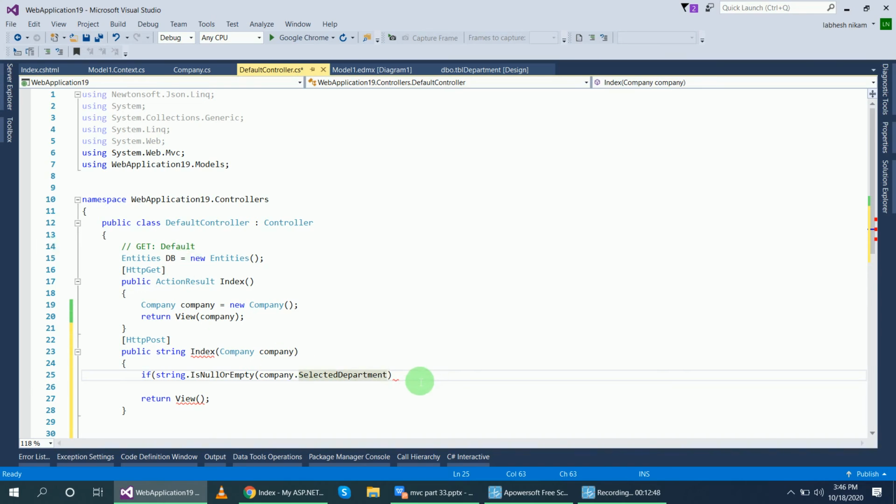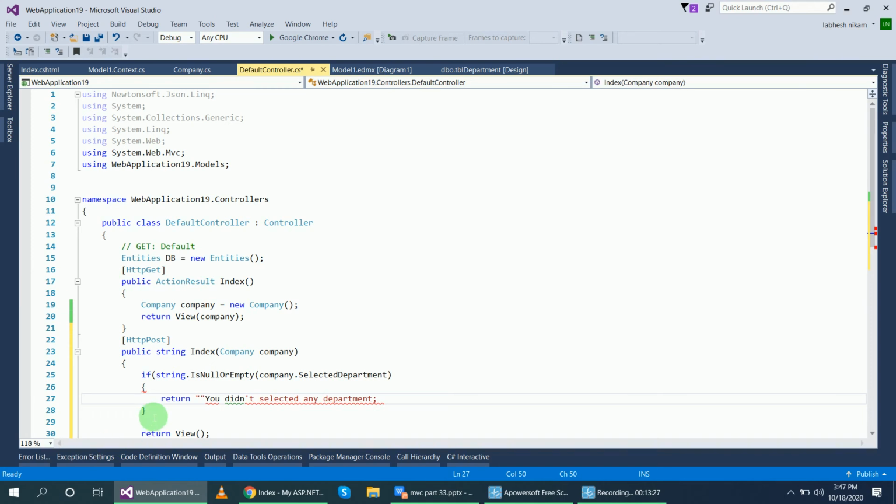If the selected value is null, then you have to pass the message, means return, you didn't select any department.